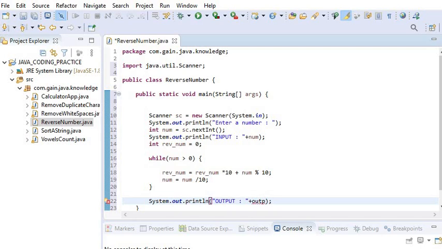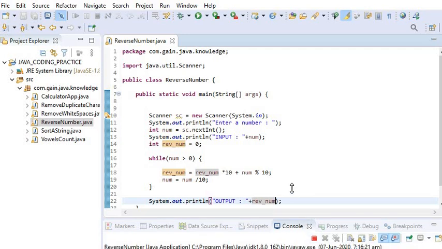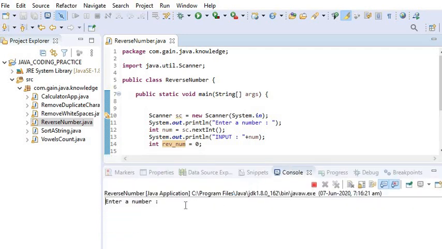Out, reverse number. Now I will run this application. Enter a number.